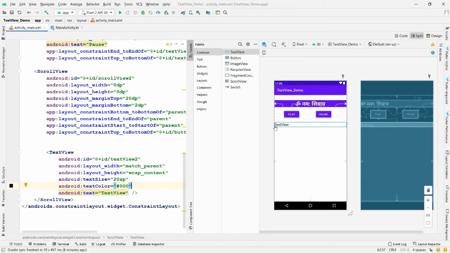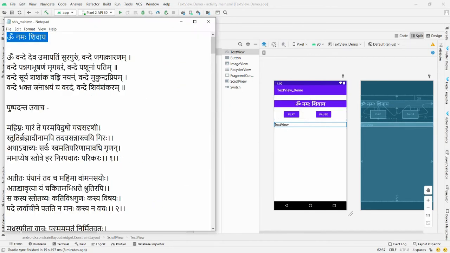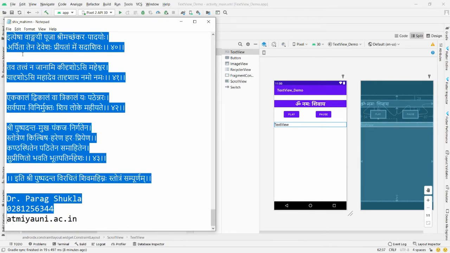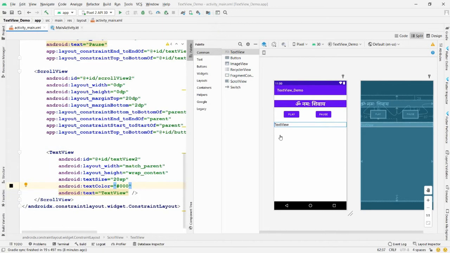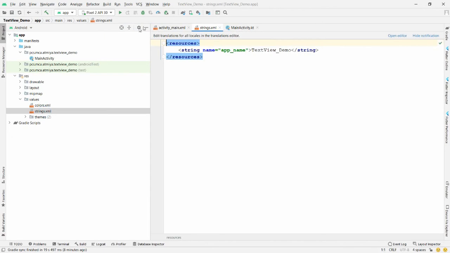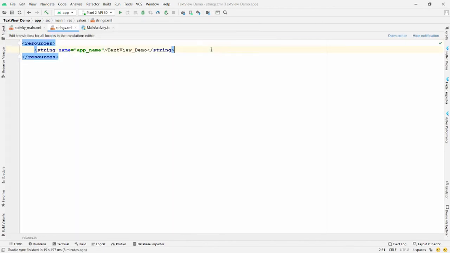Now instead of this text view text, I want the Shiv Mahimna Stotra. It is available over here in my file, so let me copy this content. I'm copying all this content and I want this text in this text view. So move to your project, res, values, strings.xml file, and here write a string.